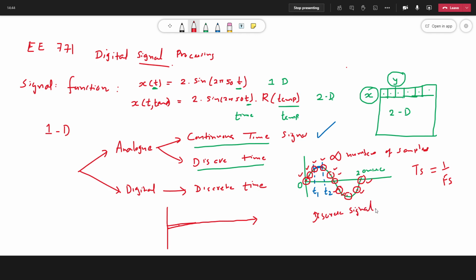So now, instead of an infinite number of samples, the signal is represented by a finite set of samples, and that's why the memory available with the DSP or microcontroller can store it and can process it